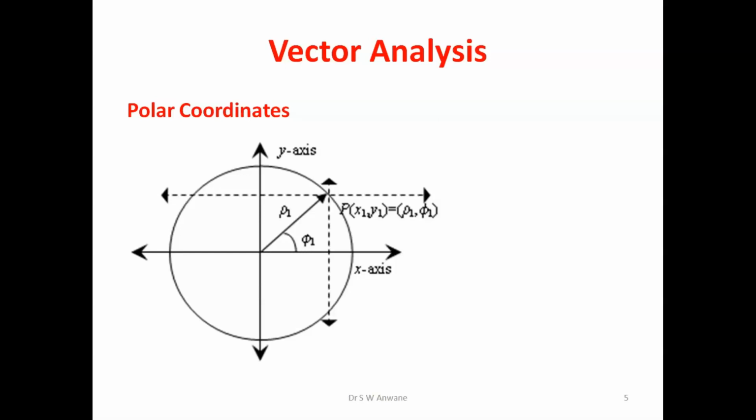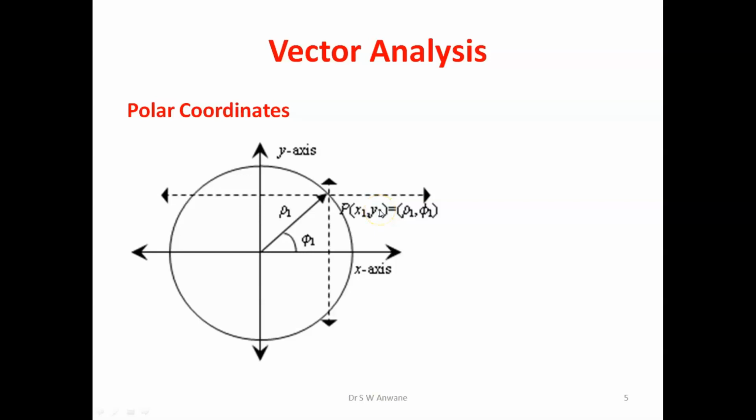Now you imagine a line x equal to x1, this dotted line, all points on which will have coordinate x1 only. So the locus of all points for which x is equal to x1 is this line, which is parallel to the y-axis and intersects the x-axis at x1. Similarly, the horizontal line y equal to y1 intersects the y-axis at y1, and the y coordinate for all points on this line is y1.